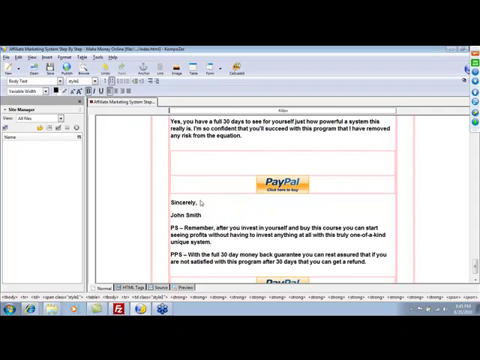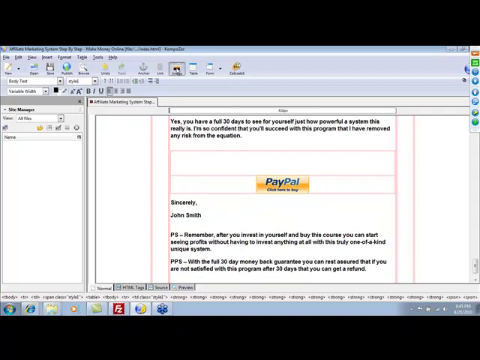Okay. And right here, let's say you want to insert your picture there. All you're doing again is image, and you just want to insert the image from your computer. Now, one thing that is important to note is that if you are doing any kind of editing with a private label rights sales letter or any kind of sales letter, and you're actually inserting images, it's very important that